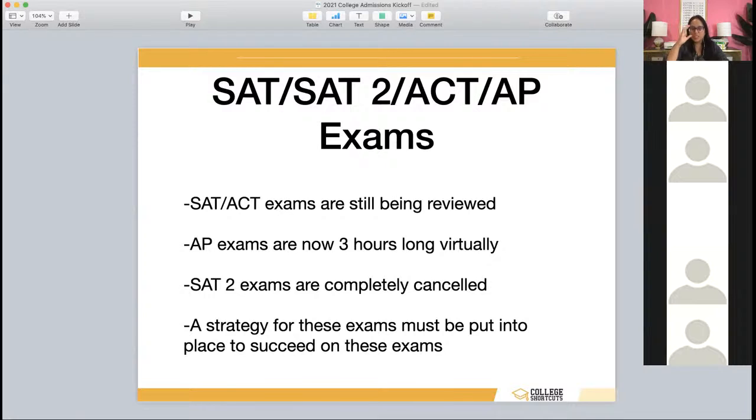Okay, SAT and ACT exams are still being reviewed, meaning if your child is going to be a senior, there are many schools that are opting out of taking the test because so many students had to drive to another city or fly to another city to take the test. And that's not really fair. So if you weren't able to take it, that's okay. If you were able to take it and you got a good score, share it. If you took it and your score did not do well, don't share that. Let's just throw that in the trash can, and that's all right. There are a lot of factors that can affect testing. So make sure that you realize that.